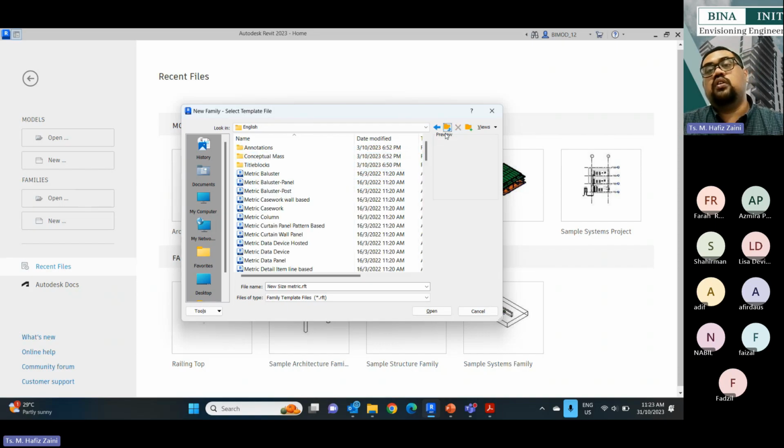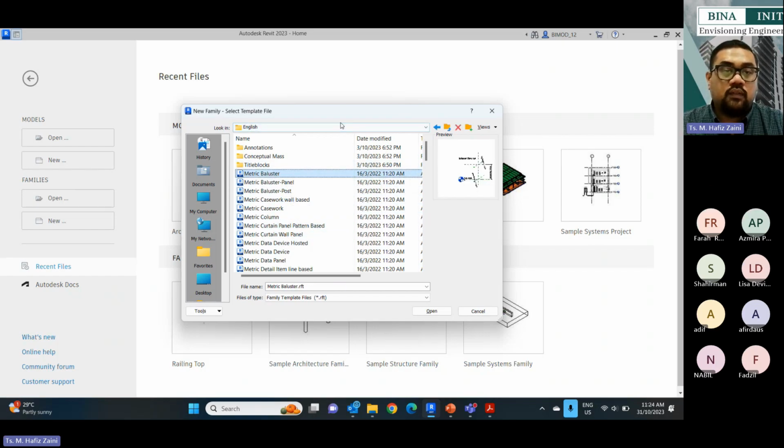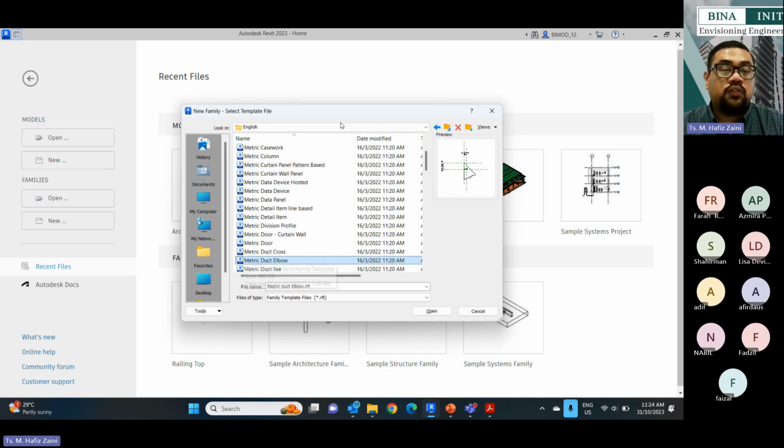But if you have your company standard or project title block, you can import it and put it in Revit as well. So this one is what we call the parameter. Okay, the family, like this one for the baluster for the railing. Each of these serves a purpose. If some of you are already familiar with family creation, for each of these parameters, you can be creative to create